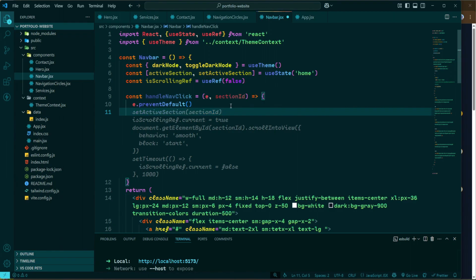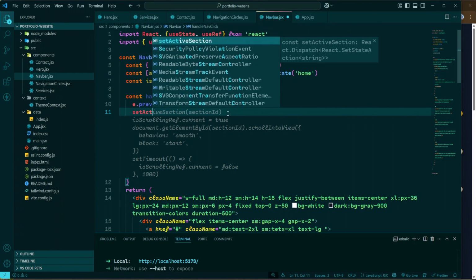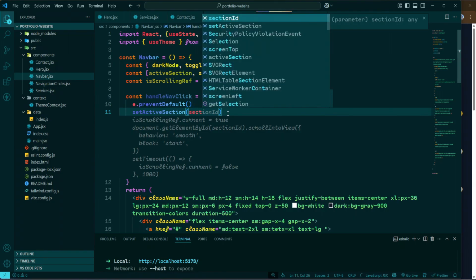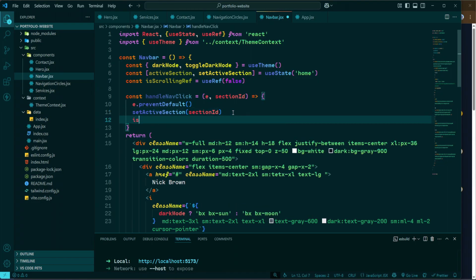Next, we have to update the active section state by calling the setActiveSection function, setting it to the section that was clicked. Actually, the Copilot is suggesting here the code, but I'm not going to use this entire code, so let's go ahead and write it anyway. So we need here setActiveSection with sectionId. Next, we have to set isScrollingRef.current to true to indicate that scrolling is happening due to clicking a navigation link and not manual scrolling by the user. So we need here isScrollingRef